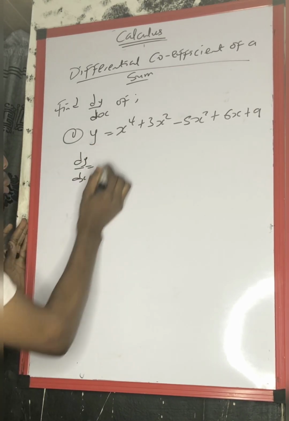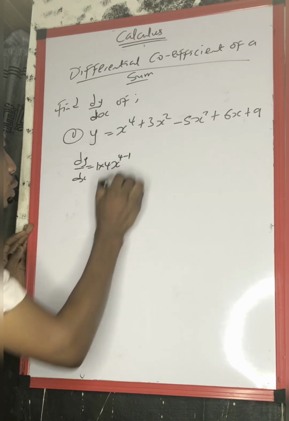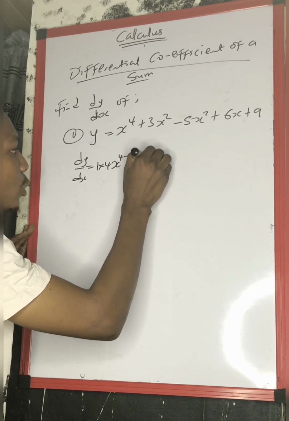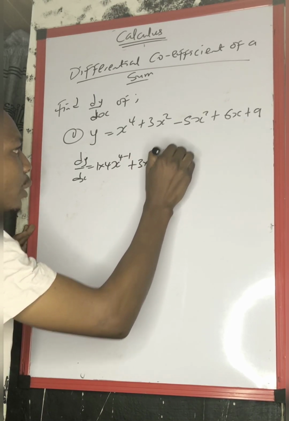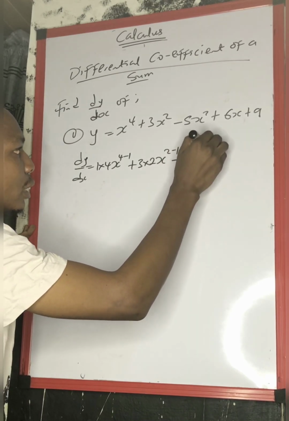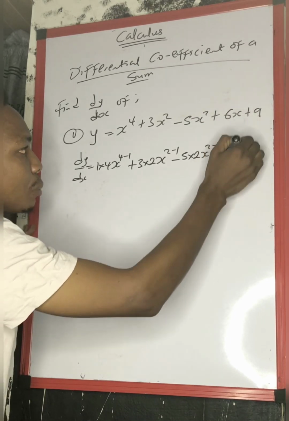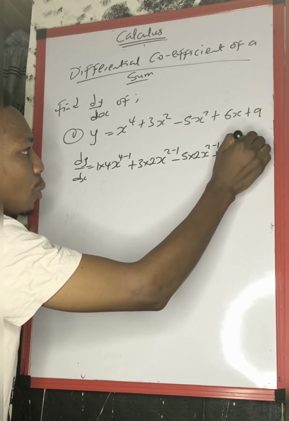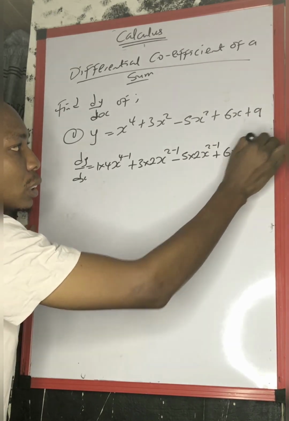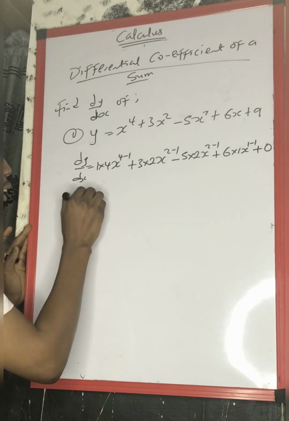I have a visible 1 here. It's 1 times 4 x^(4 minus 1). Then plus 3 times 2 x^(2 minus 1). Then minus 5 times 2 x^(2 minus 1). Then plus 6 times, I have a visible 1 here, x^(1 minus 1). Then plus a constant without variable is 0. So from there, dy/dx becomes